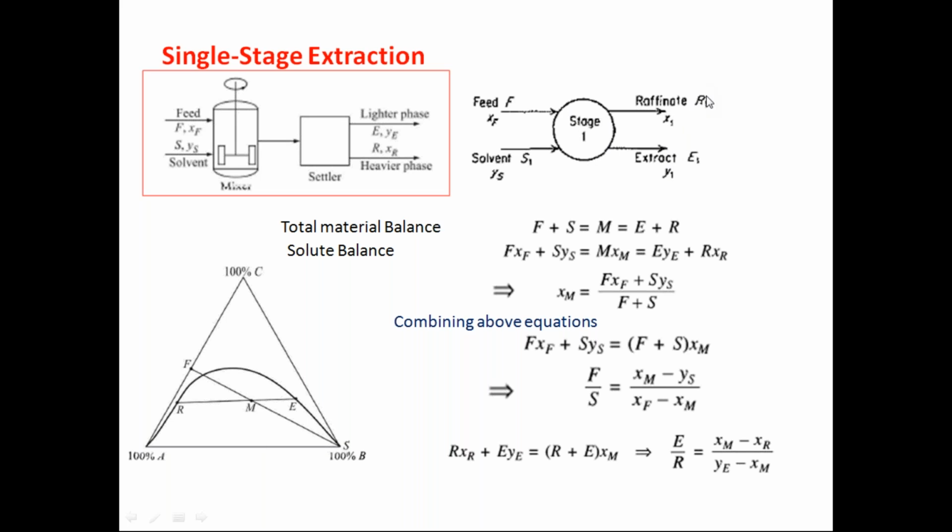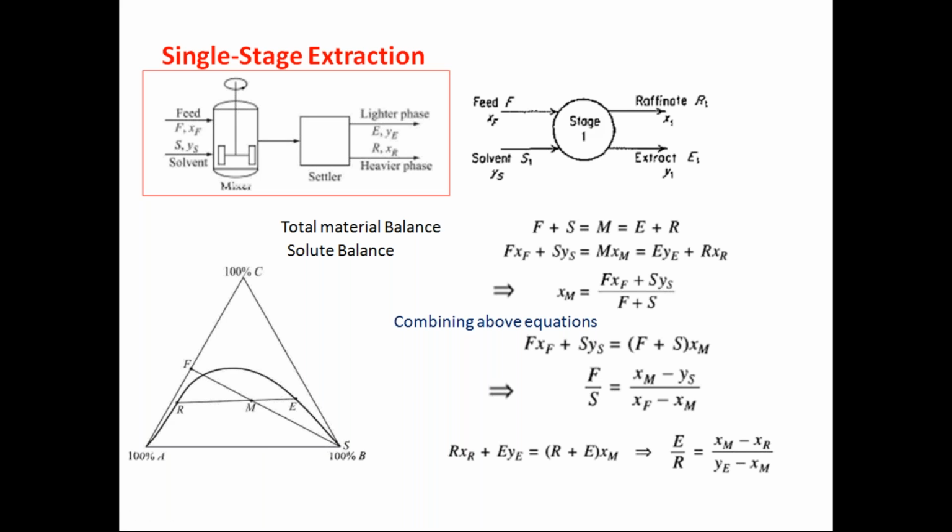So these are the quantities of the raffinate and extract, and this is the quality of the raffinate and extract. So quantities and qualities in a single stage batch operation, or a single stage continuous operation, can be found out